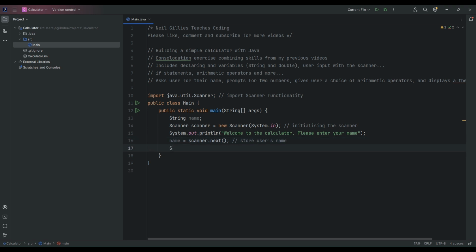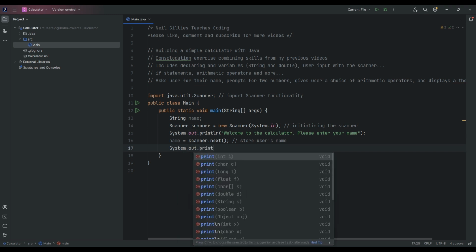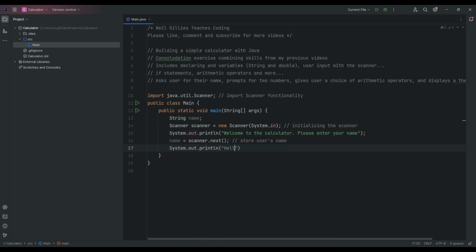So why don't we display a little message to them saying hello? So hello, and then the person's name. Okay, hello, and then their name, and we'll say hello, and then the person's name. And just watch my formatting as I go here. So it's hello, their name, and a comma, and we'll say